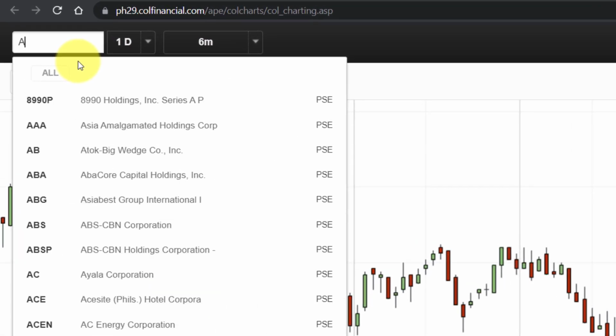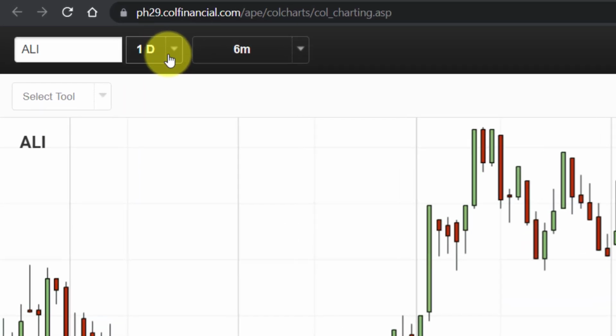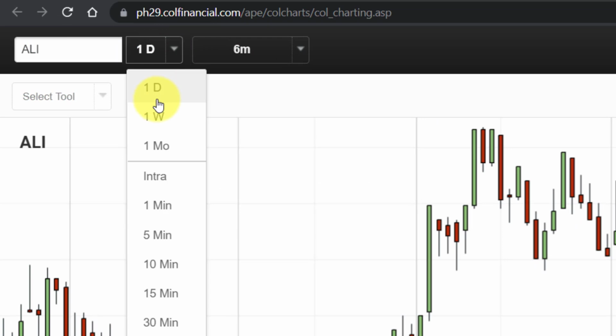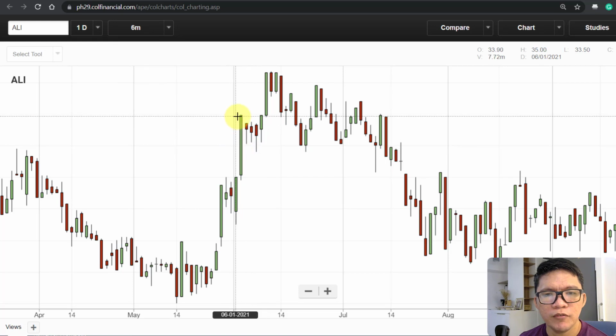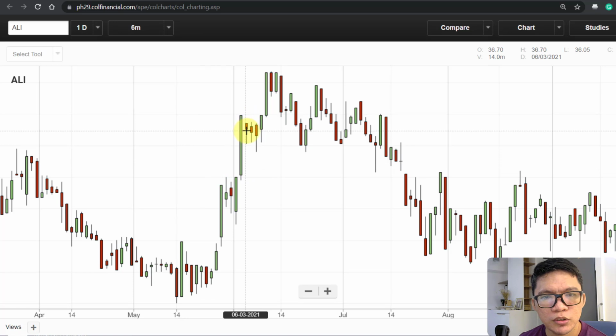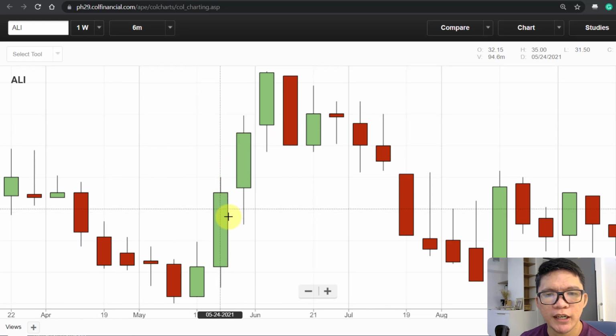Let's say Ayala Land. I like to say Ayala Land. Ayan. And then itong 1D, so may different options dito. 1D, 1 week, 1 month, intra, then 1 minute, 5 minutes. So this gives us an option to choose ano yung time frame ng ating candlestick. If 1D, that means every candlestick here represents the price action of the stock on every single trading day. And then if we choose 1 week naman, so that means every candlestick here represents the price action of Ayala